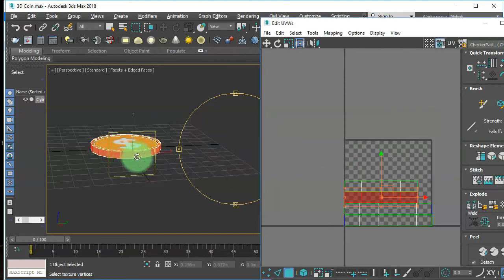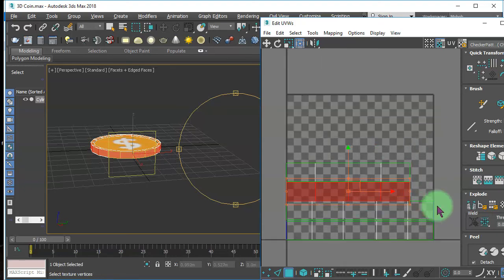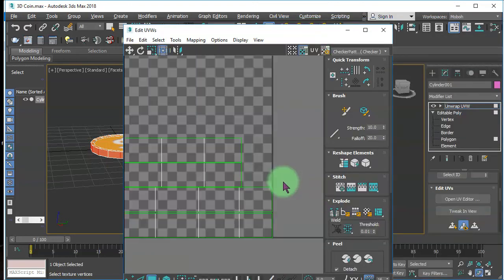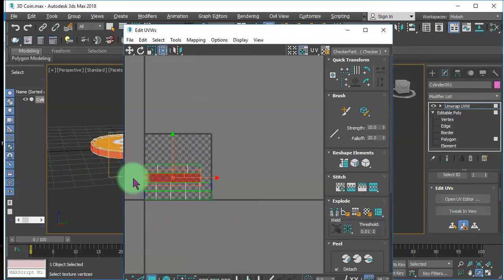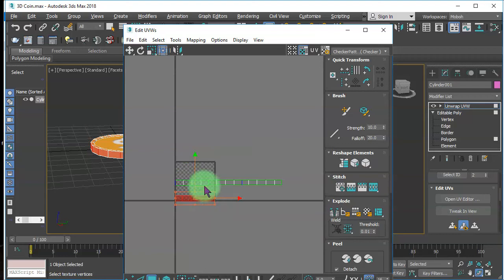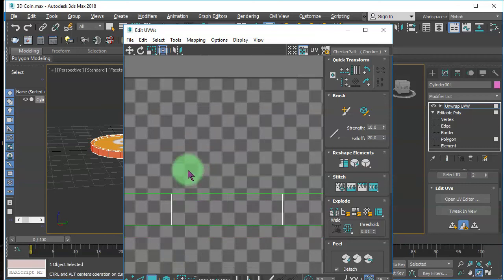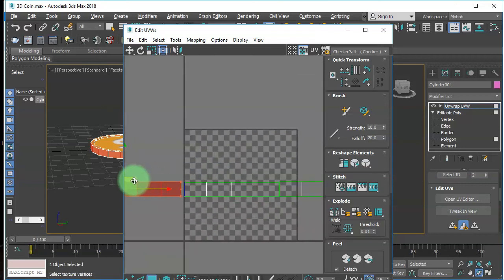One, two, three, four. Okay, so the next step is, we can do it this way. For example, we can select this part and place it here. It doesn't matter how we position it; just to make it easy, I just do it this way. Or we can